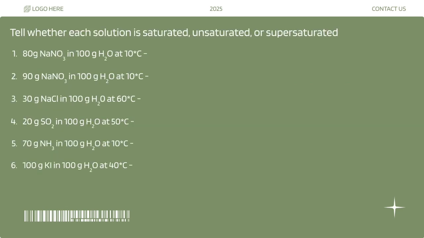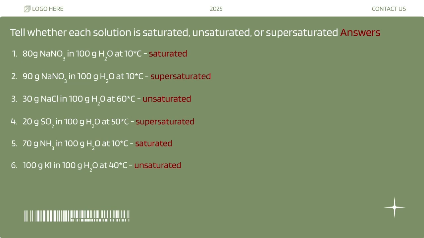Looking at the table in the reference packet, determine whether each solution is saturated, unsaturated, or supersaturated. Keep in mind that a solution is saturated when it falls on the line, unsaturated when it falls below the line, and supersaturated when it falls above the line. So 80 grams of NaNO3 and 100 grams of H2O at 10 degrees Celsius is saturated because it falls on